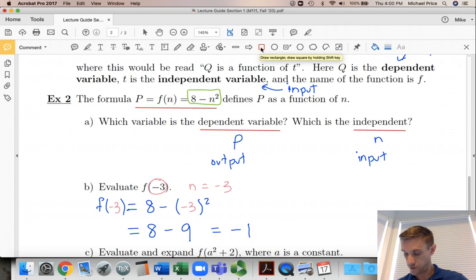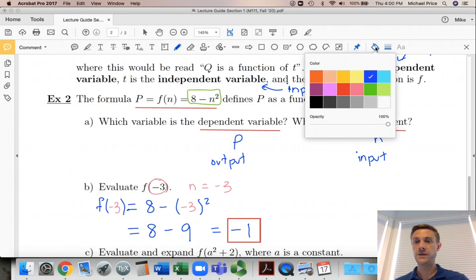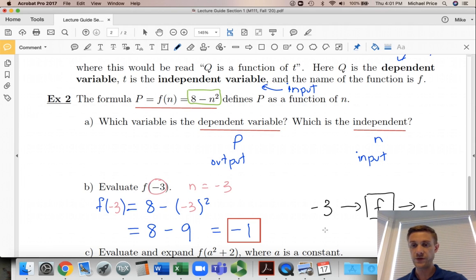So we can reward ourselves with a nice little box of completion there that says, nice job. All right, so that means that if our function were to be given an input of -3, then the output would be -1. So this is a classic kind of function machine diagram where we have our input here on the left,